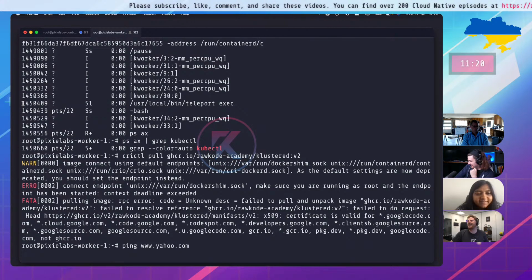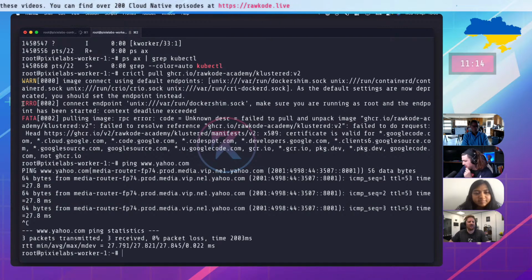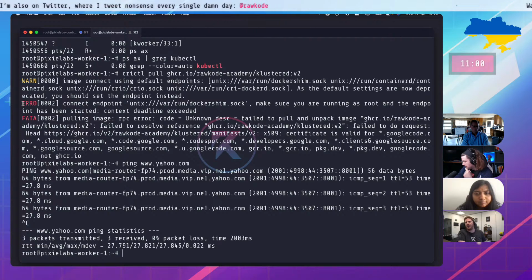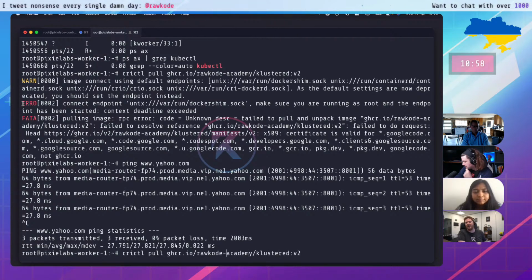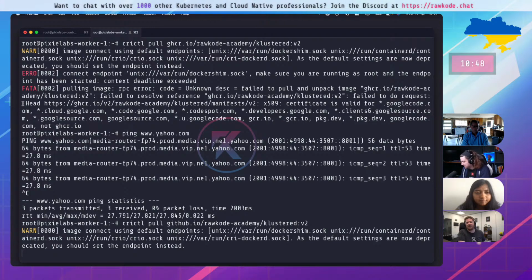It looks like they made it so that they gave a certificate that's valid for things that aren't GCR. So my image comes from GitHub Container Registry, and you're getting certificates for Google Container Registry, gcr.io. So how can they modify that resolution? DNS.